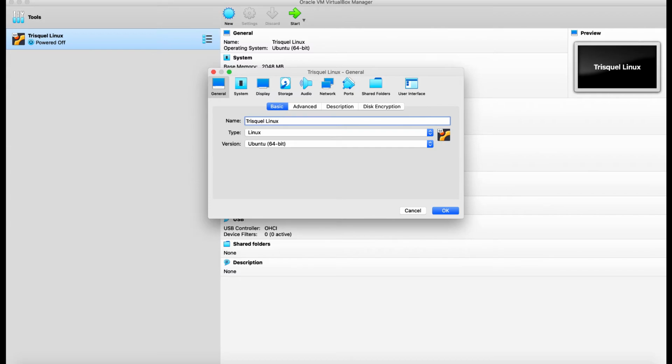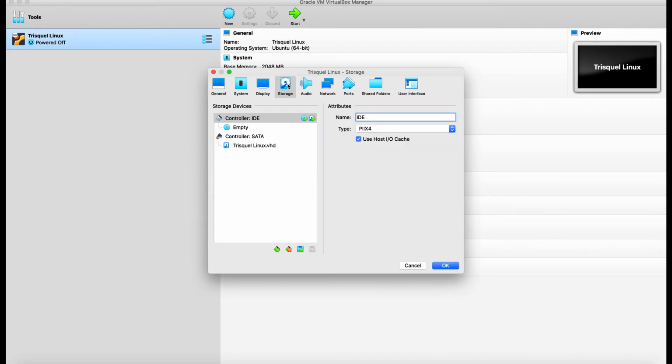So we want to look at storage, yep, that's storage. As you can see here, this first area is referring to the actual hard disk controller that you have in your computer. You can think of this like the cable in your motherboard. If you ever make computers, it's the cable in your motherboard, and you're just connecting a hard disk to this. So in order to do that, you'll be using the plus button, of course,